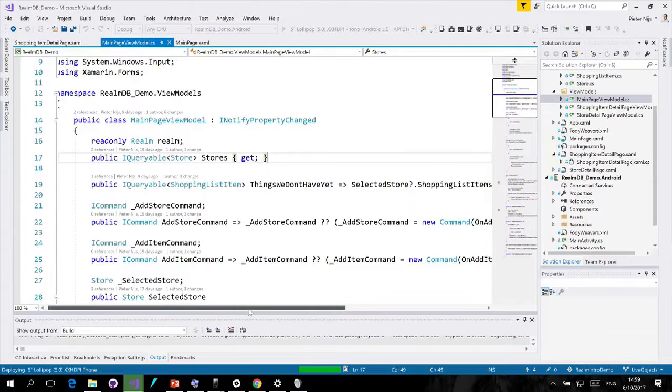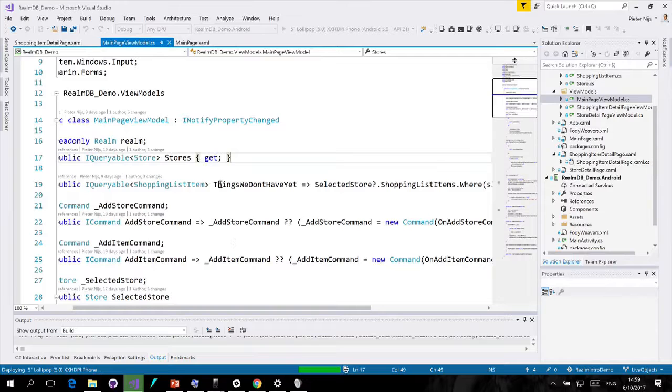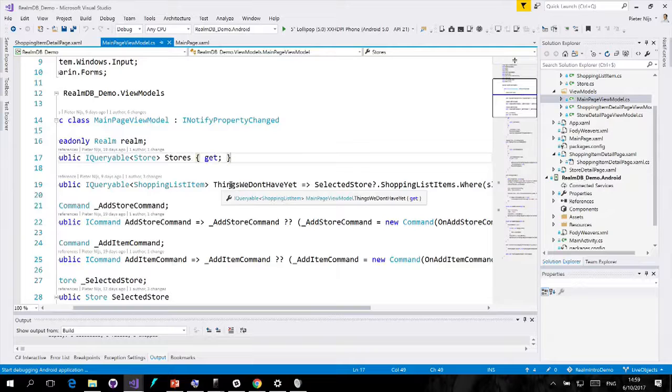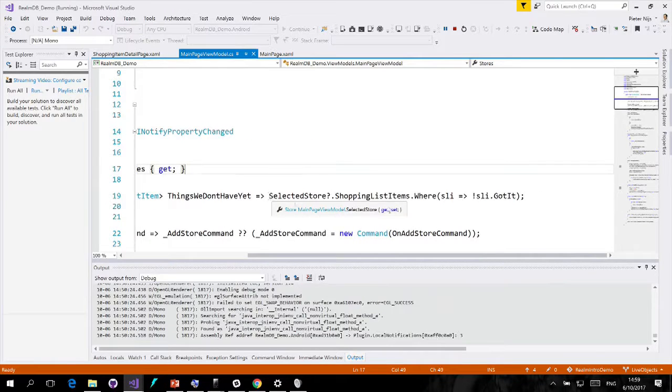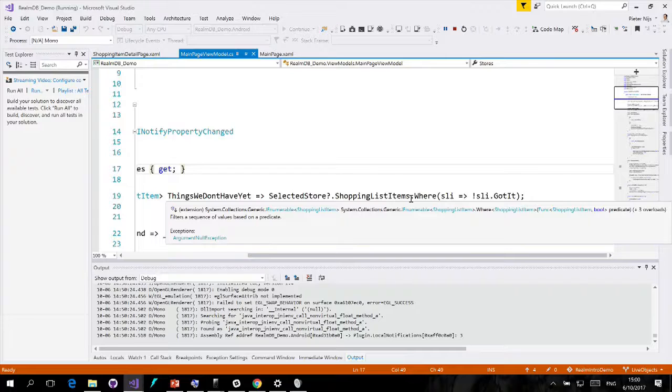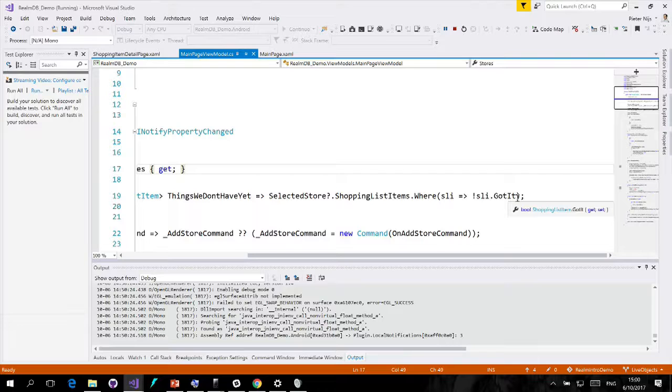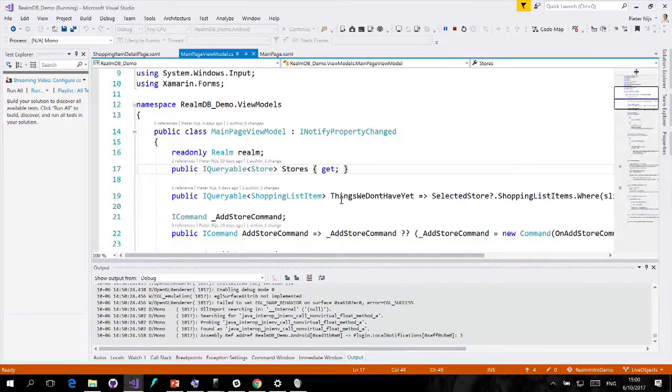So for this demo, I've got a second list of shopping list items to indicate that we have it. On the selected list items of my store, I can filter on the fact that we do not have it. And you'll see in just a minute that it is bound to this particular